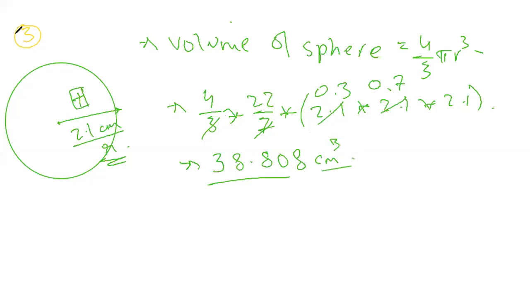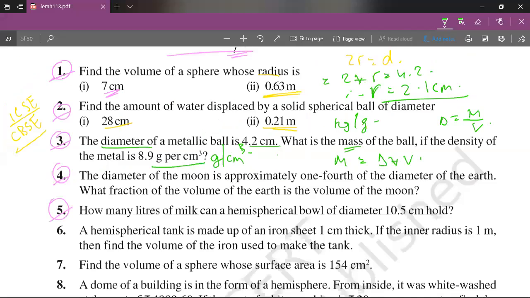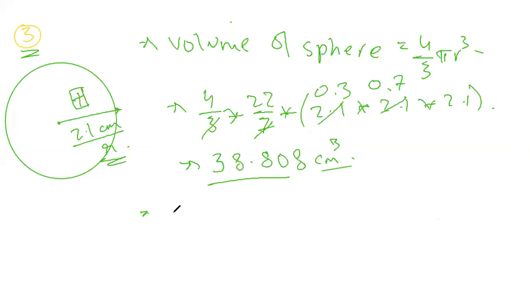Which is, what is the mass of the ball if the density of the metal is 8.9 gram per centimeter cube. So our density is given, our volume is given, and all we have to do is find mass. So by the formula m is equal to d into v, we will be solving our mass. So m is equal to d, which as per the question is given as 8.9, into v,